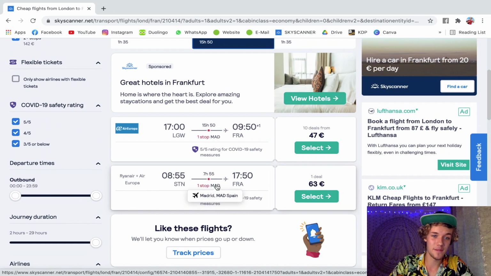Same stop, Madrid, but now we're flying from London Stansted. Again, in the last search, we would not even have had this result. London Stansted is a very common airport for Ryanair to fly to. It's an extremely small airport, not busy at all. So Ryanair loves flying from London Stansted and then via Madrid to Frankfurt in about half the time and for